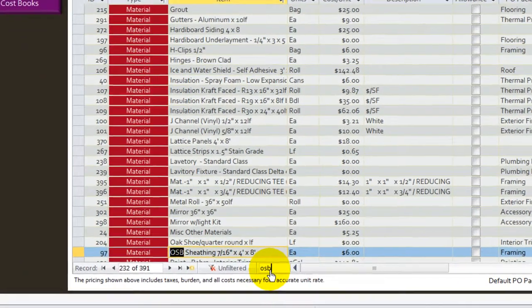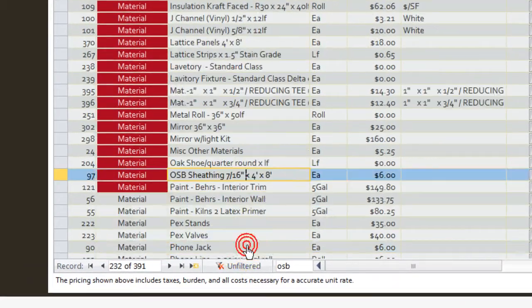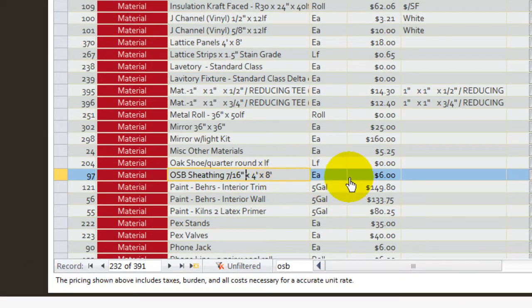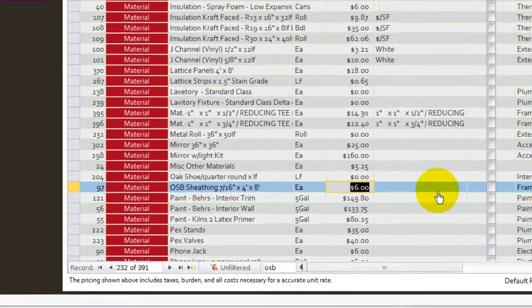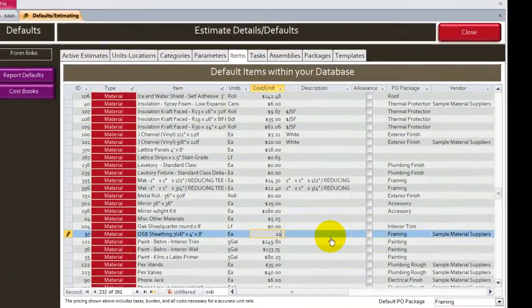I'm searching for OSB, and there it is. I got an OSB sheathing, 7/16 by 4, $6. On our system, we'll get into the estimates a little later, how easy it is to change materials on an estimate later on. But we're just going to show you on the default section that if you say this is wrong,